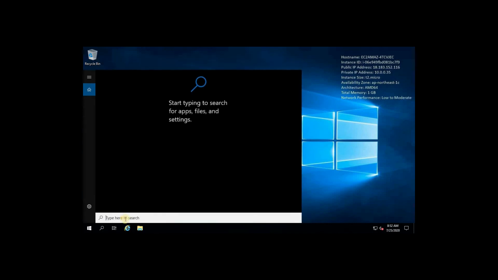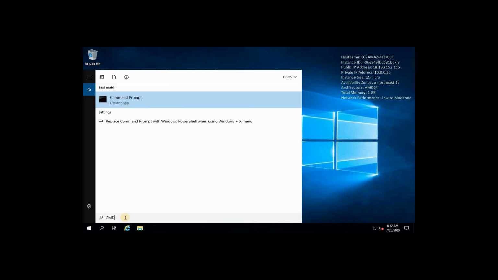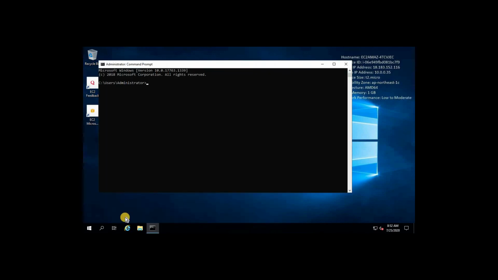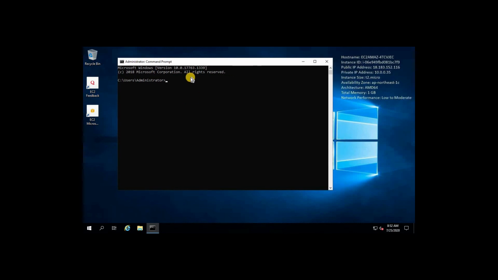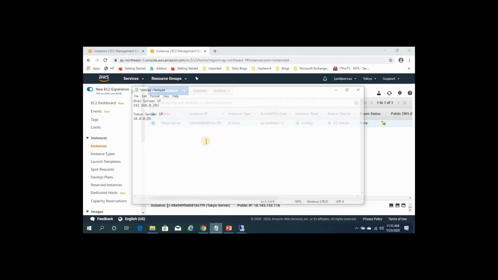So now open command prompt, type cmd, open it. Type ping and your Ohio server IP address, 192.168.0. Let me check it, because I already wrote it.